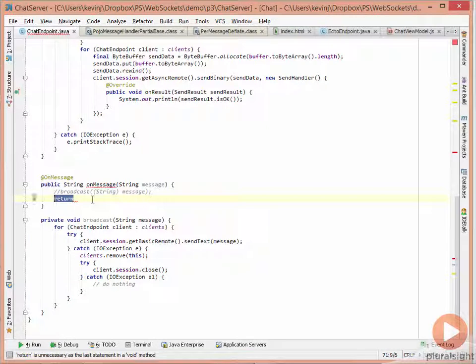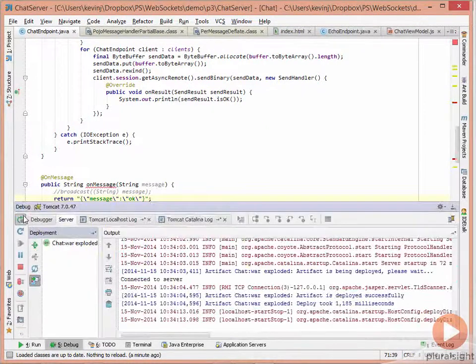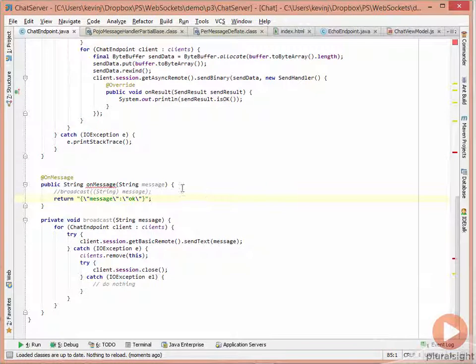The JSON object will look something like this. So we're just going to return a JSON object which just says message OK. If I redeploy this, what will now happen is that when the message is received, the string message is received, the value we return from this, the string return, will be treated as an outgoing socket message, which means that in the browser, the